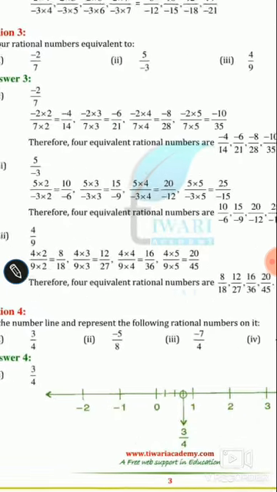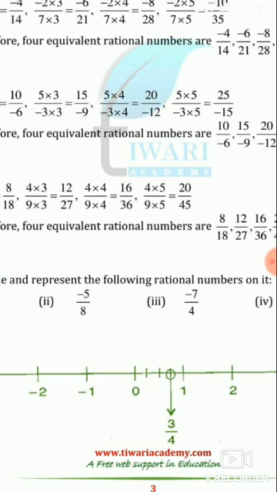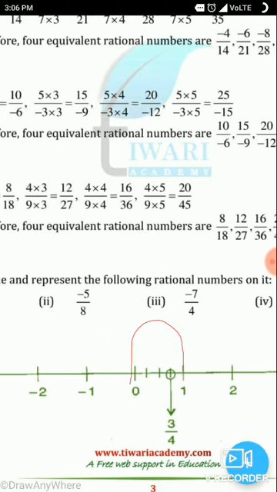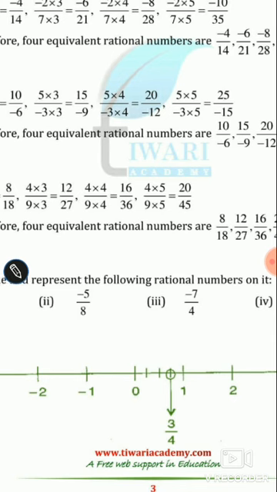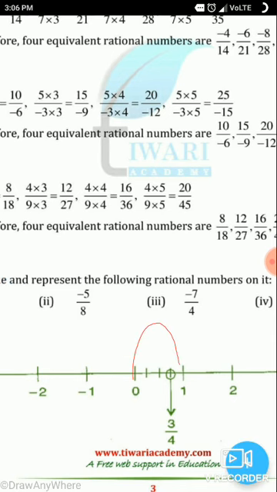So see students, here in between 0 and 1 we make 4 equal parts. Okay, why? Because in the denominator 4 is there, right? Understood? So we make 4 equal parts here: 1, 2, 3 and 4. You can see clearly here the 4 equal parts between 0 and 1, right? Understood? Why? Because in the denominator there is a 4.